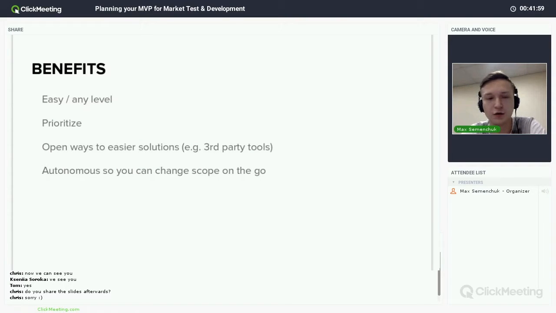And you can select between different options again.